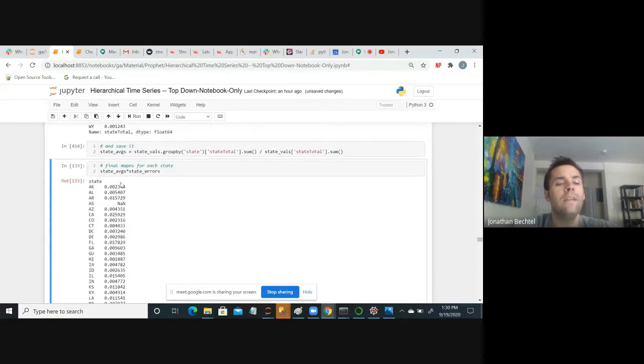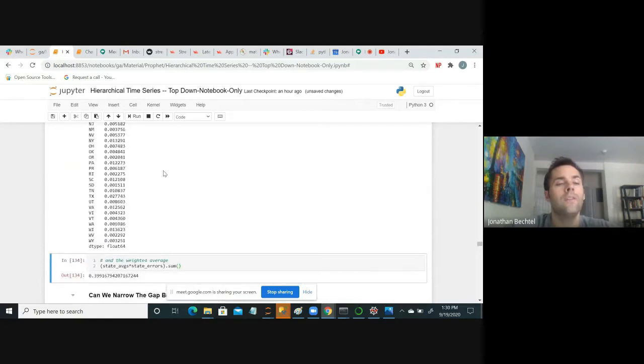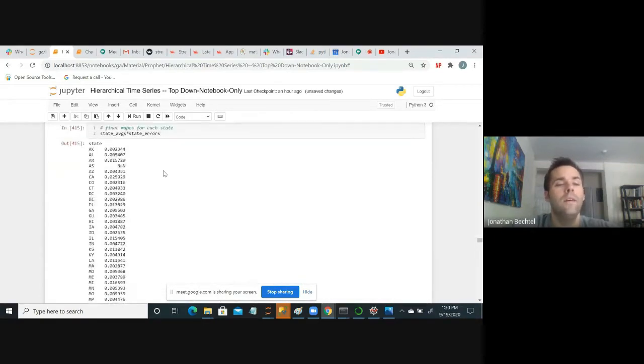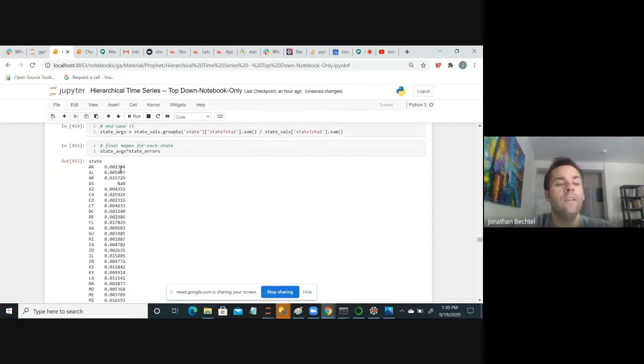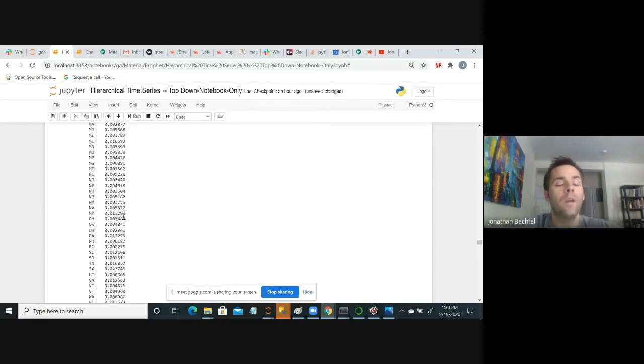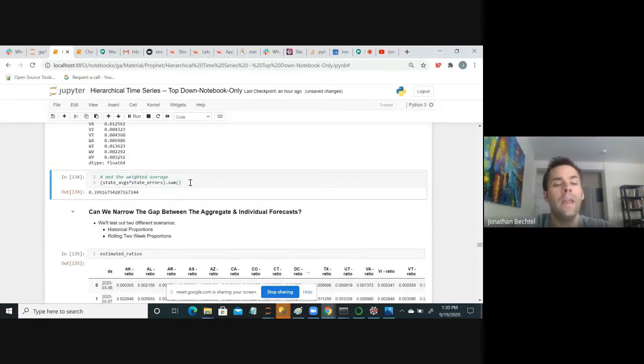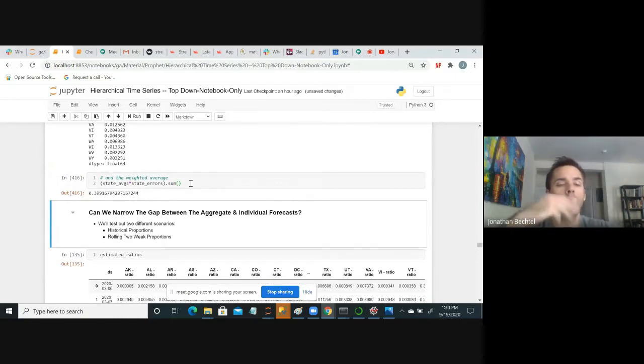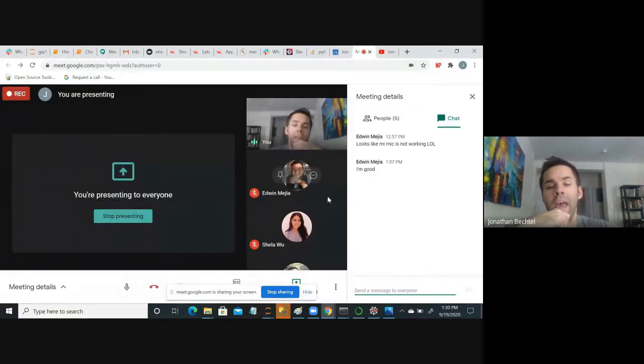All right, and then the idea then is we're going to take the weighted average and then multiply that by the errors. Okay, so this is the weighted metric term for each of the individual states. And then what we're going to do is just add this up, which gives us a score of about 0.4. Okay, and that was actually the end of the lesson